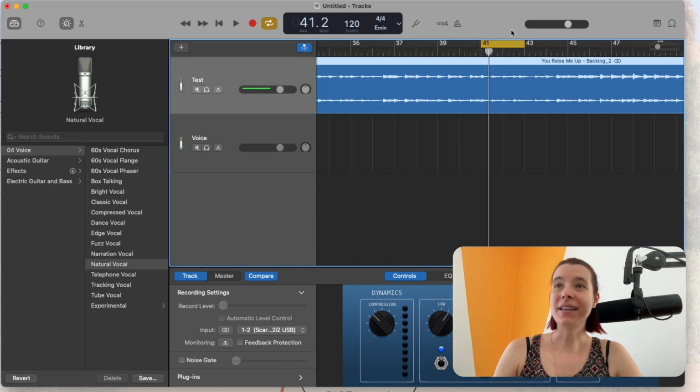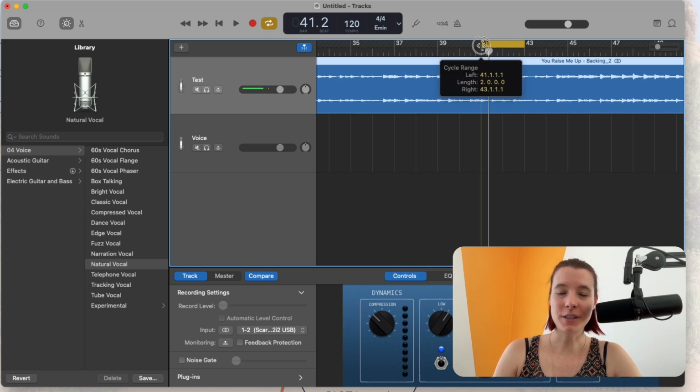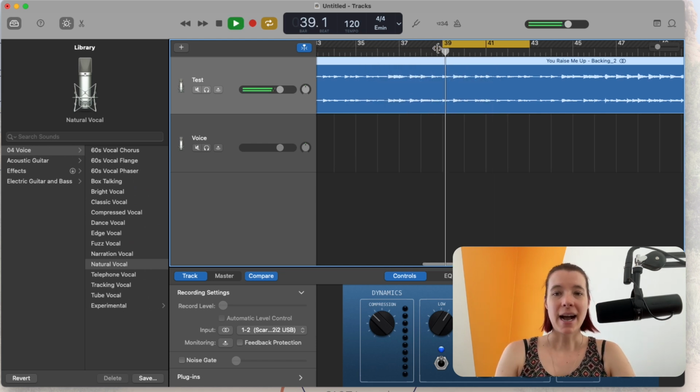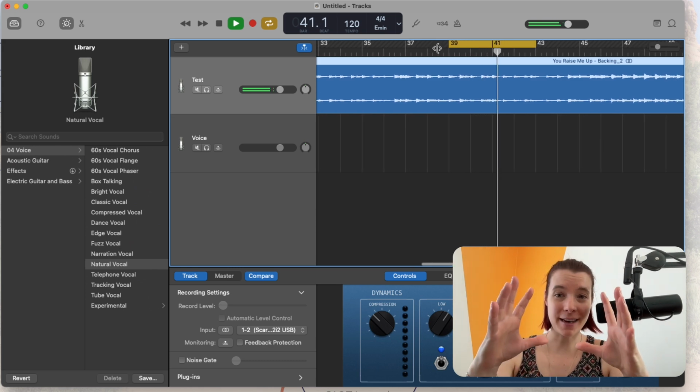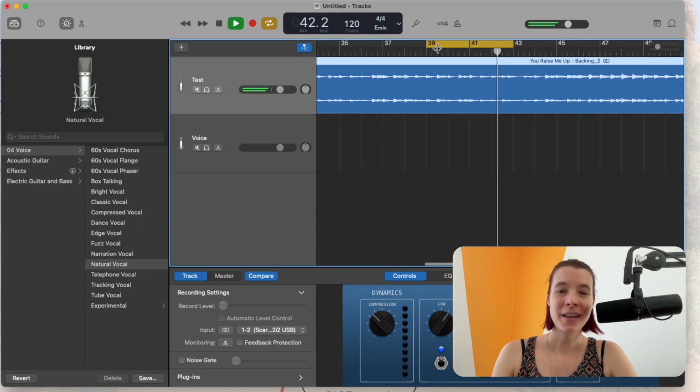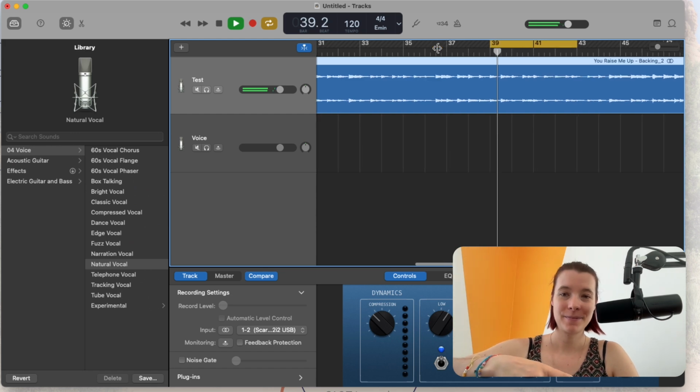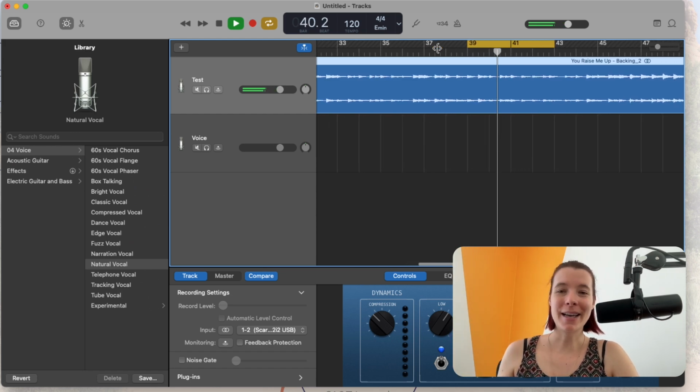So the fun thing with this cycle feature is that I can take this and then select the part of the song that I'm having difficulties with. So say, for example, I'm having difficulties singing these 2 bars right here. I can play this, sing the part that I'm having difficulties with, and then it will play again. So maybe it goes like,